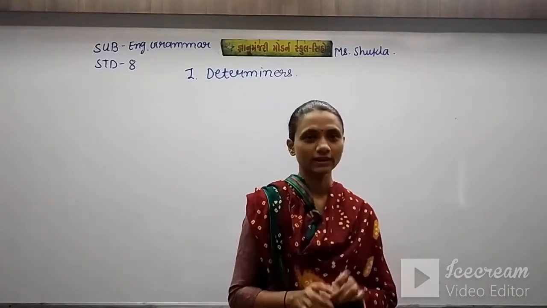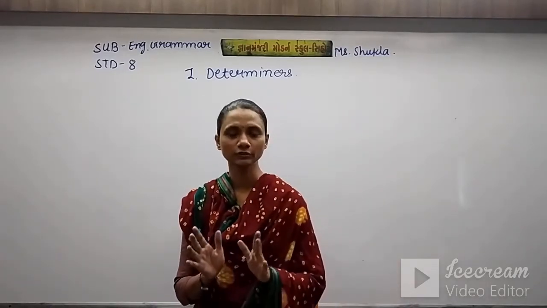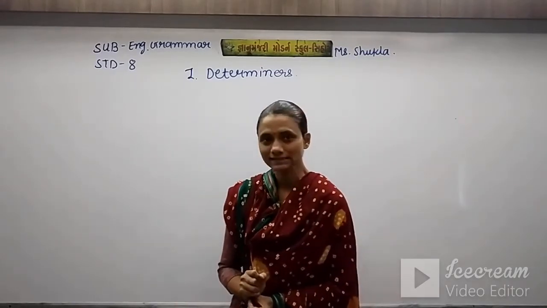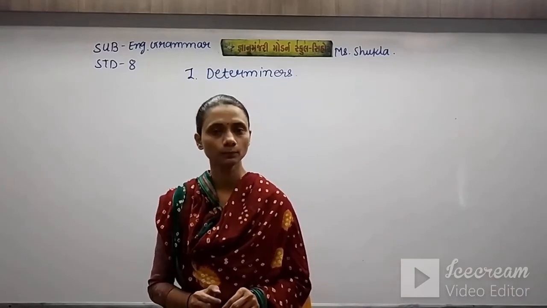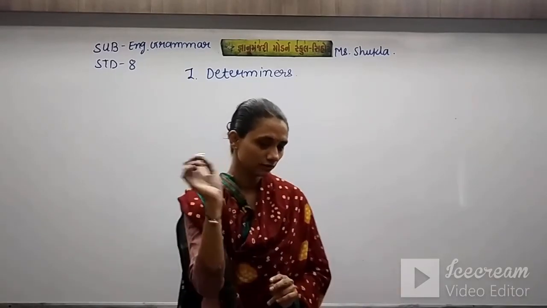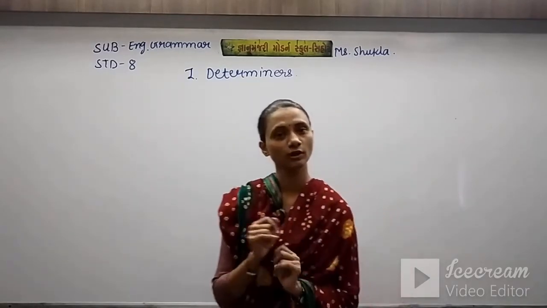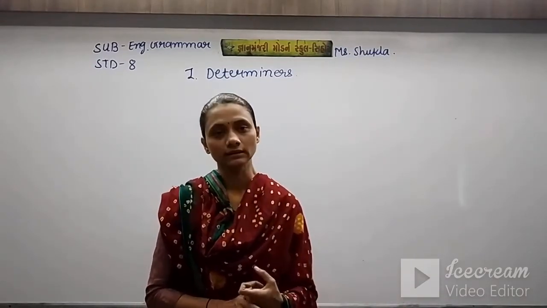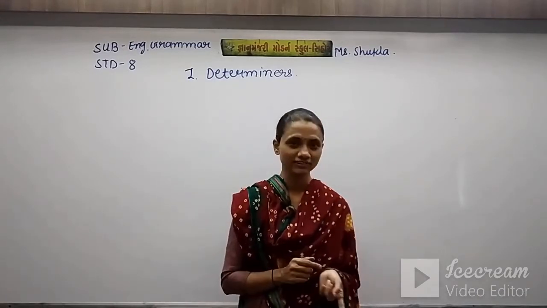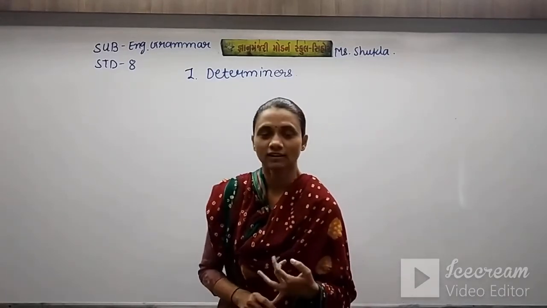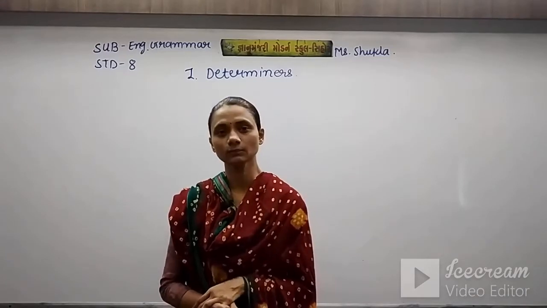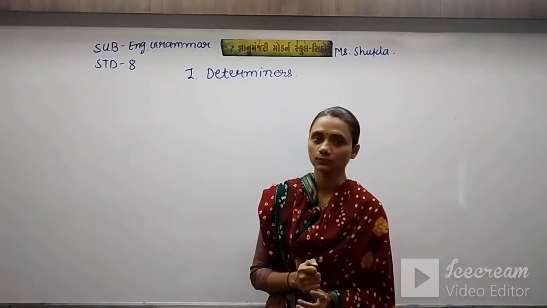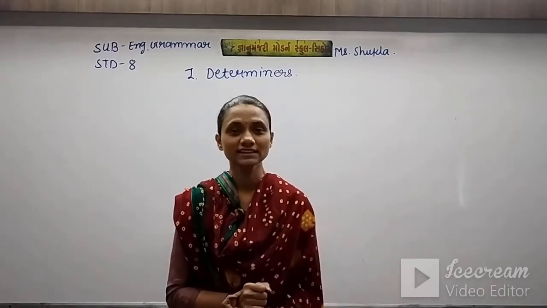Well, students, we have completed Unit 2 to 7 in GE Grammar. So Unit 1 is left. I told you that we will complete that. In your first exam GE portion, you have Units 1 to 7. Today we will start Unit number 1. We can say that it is the first and last unit of our syllabus. So you have Units 1 to 7 in this first term exam. The first unit is determiners.